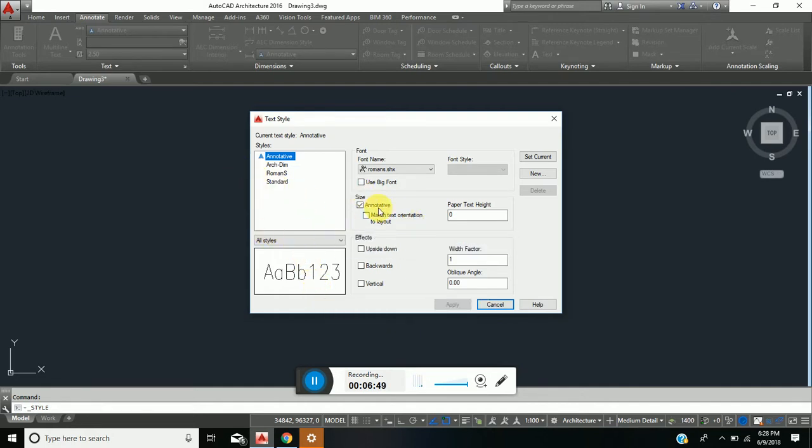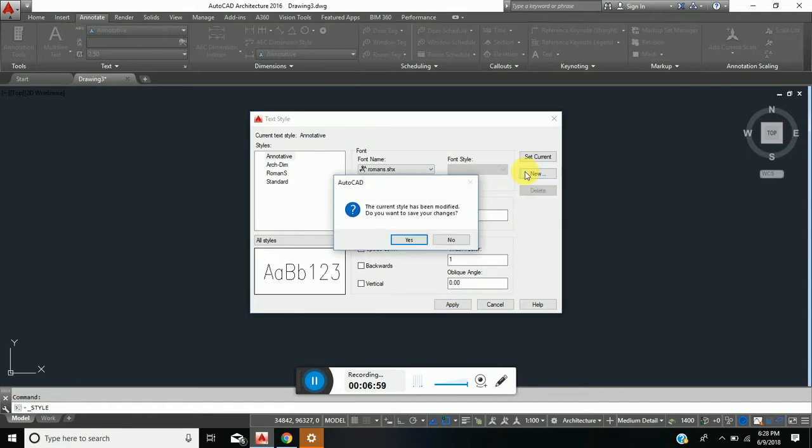And so we go, first thing we're going to do is to ensure that our annotative is turned off, and let's go ahead and create a new text style. AutoCAD prompts you that the current text style will be modified. Do you want to save changes? Let's go ahead and say yes, and I'm going to call this one Mark